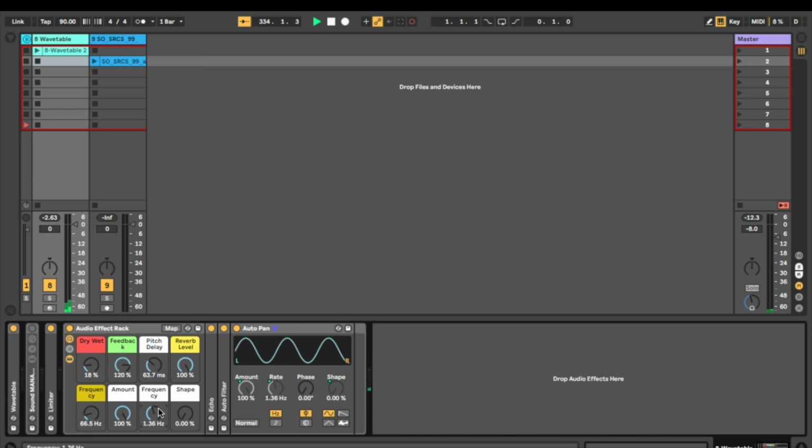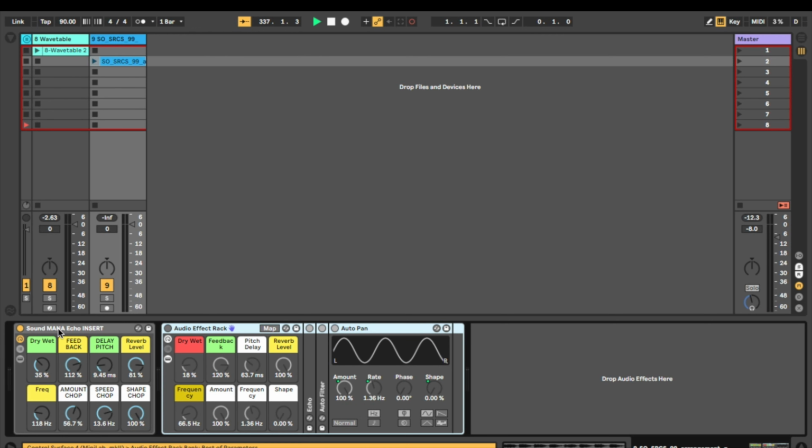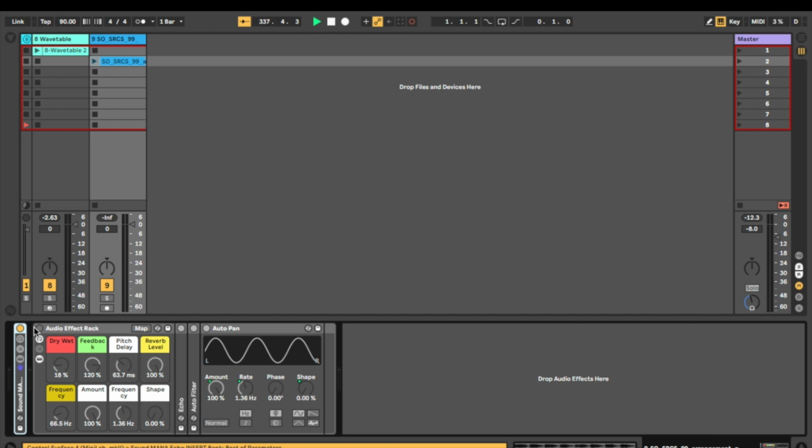Okay, so that's the basics of this audio effect rack. Let's use this on something else just to demonstrate its subtleties and hear it on another source. I'm just going to set this up. I have this going on an acapella. I've got my dry wet a little bit, my feedback kind of gently. And again, this can go from subtle